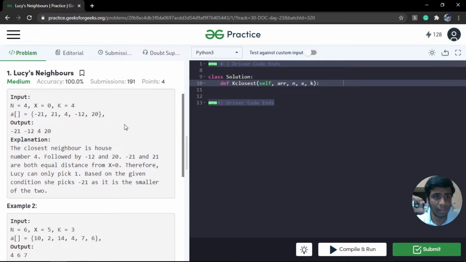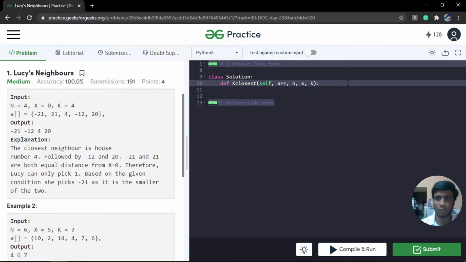because that is going to be the first neighbor for x, and I'm going to initialize 2 pointers. One is going to be on the left side of that pointer which we have found, and the second one on the right side, right? So now these are the next 2 possible closest neighbors. We have to find which is the closest one. And if left is the closest one, we have to add that to our answer and move left backwards. So this is going to happen until we have all the K neighbors.